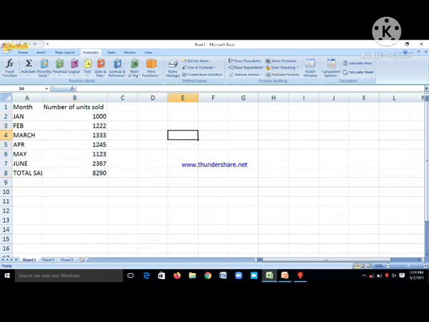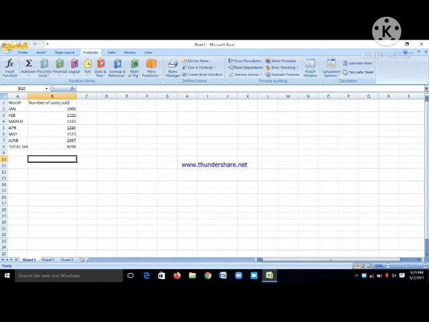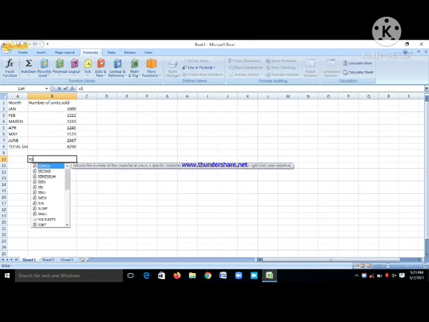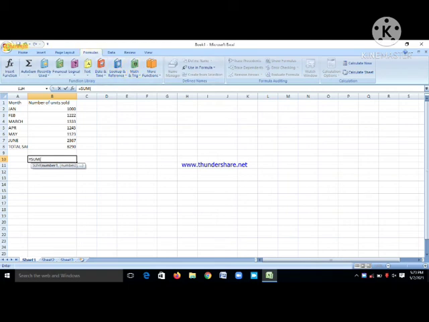Now how can we use this named range in the future? How can we use that name which we have already defined? So if I want to calculate the total again by using the defined name, I write equal to sum, put the brace and go to the Formulas tab, then Use in Formula and select the name Sold Units that we have given to the range, then close the brace, enter.